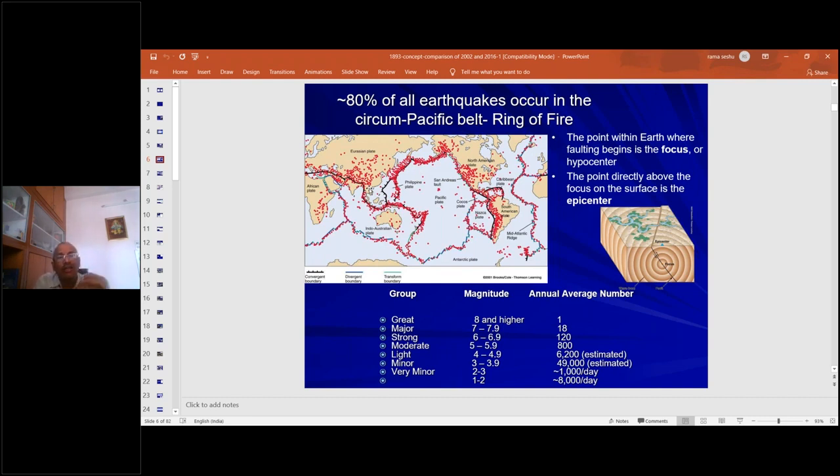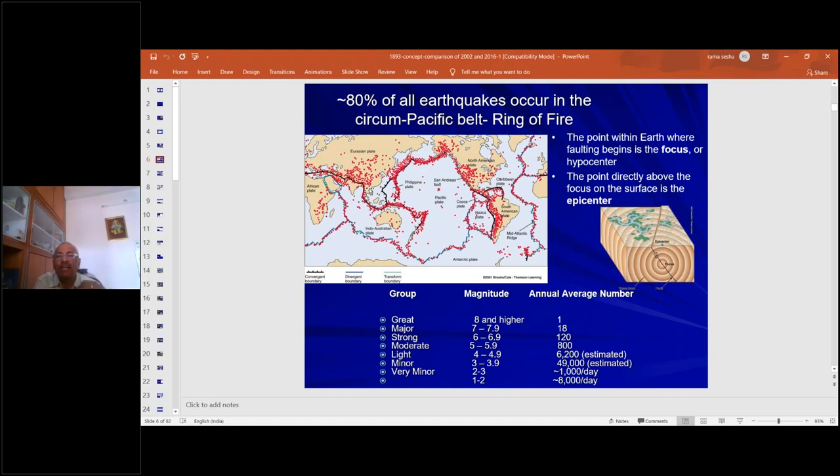That's why we feel a lot of earthquakes occurring in that particular region, actually. So this is one theory which says the origin of earthquakes is like this. And certain terminology associated with earthquakes: the point within the earth where faulting begins is called the